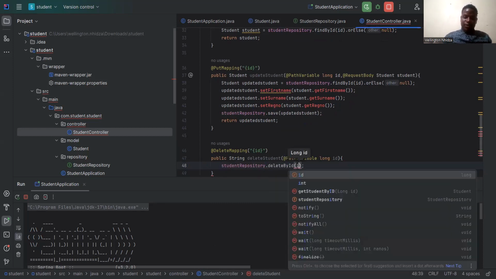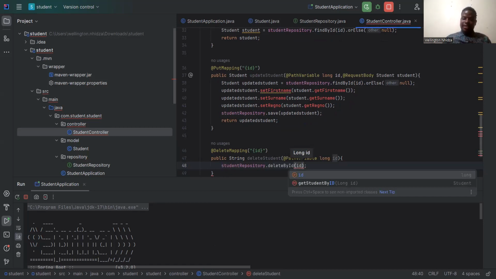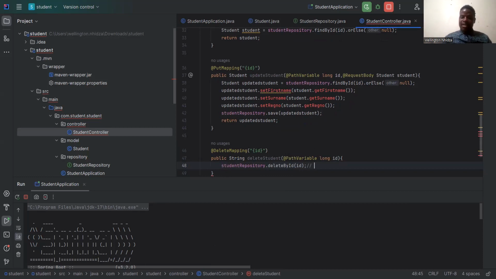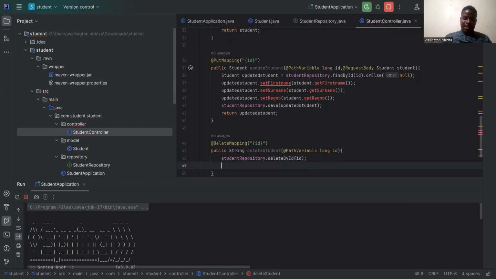This is what I was talking about: what JPA does for us is it already has predefined methods that we can use. This one is equal to just a delete from student where ID is equal to something. So this is the same as that, and here I'm going to return a string which is